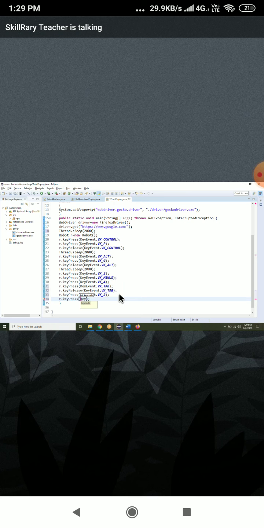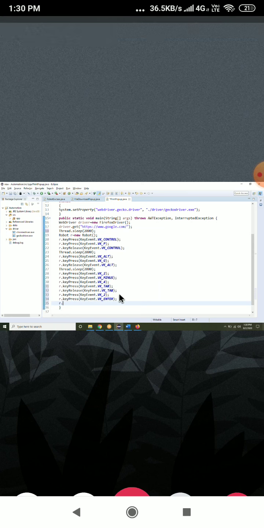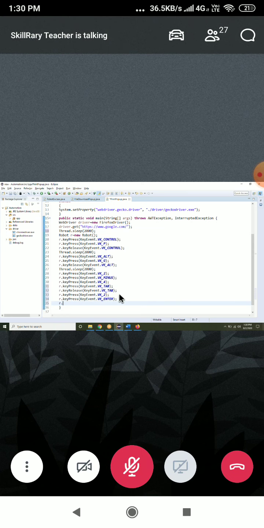It will print. R dot key press, enter VK underscore enter. Then R dot key release, R dot key release. We'll see this.